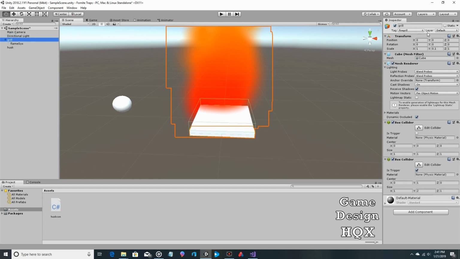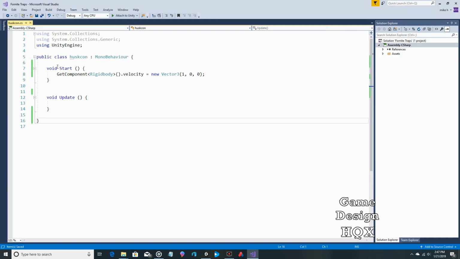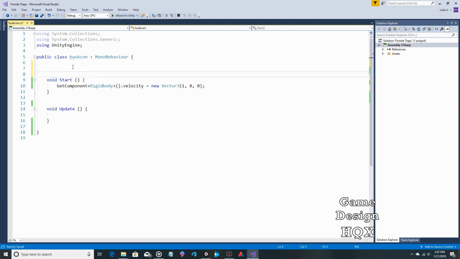So now it's just a matter of connecting the dots. So the husk is going to detect that it has collided with an object with a tag of fire grill. So let's go back to the script for our husk,